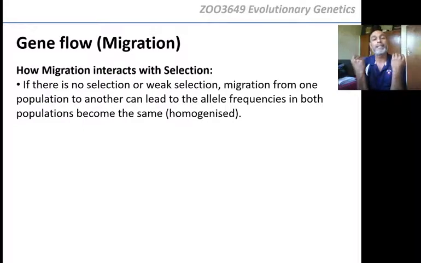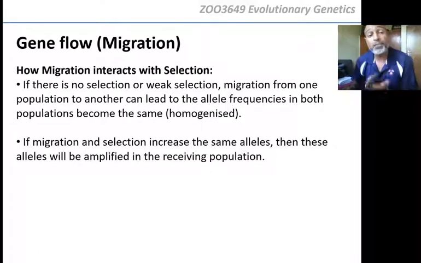All right? So for example, if we have our population in the city and the population in the rural areas, there's a lot of migration between those populations. So the allele frequencies should be very similar because there's so much migration between rural areas and urban areas. Okay? So, but what if